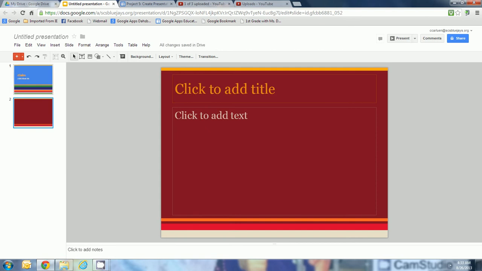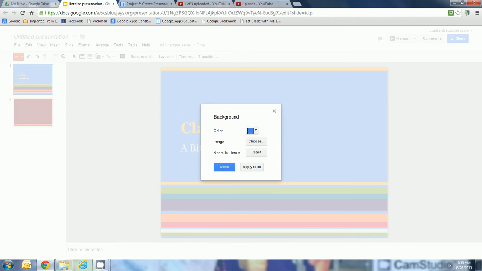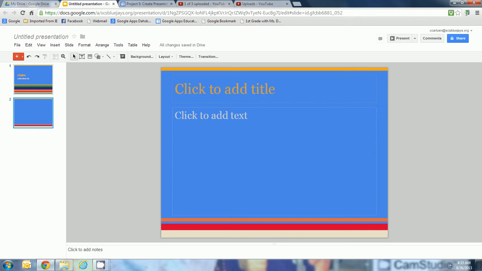Now see how it didn't stay with my theme. If I wanted to, I could go to Background and Apply to All, and now that will appear on each of them. That change will be made. Wherever I click in the box and start typing where they have click to add text, it'll do that. If I wanted to change my layout,